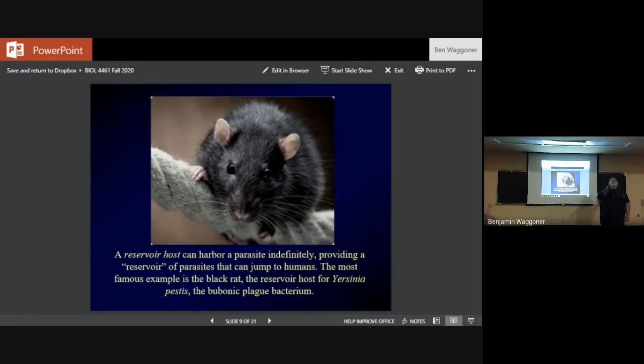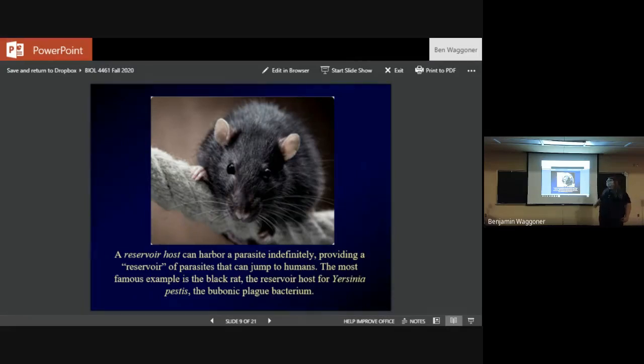That's actually fairly common. It usually doesn't break out into mass epidemics the way it did back in the Middle Ages, when the Black Death killed off roughly a third of the population of Europe. But we do have periodic cases of plague in this country, and the reason is that the bacterium that causes it, Yersinia pestis,